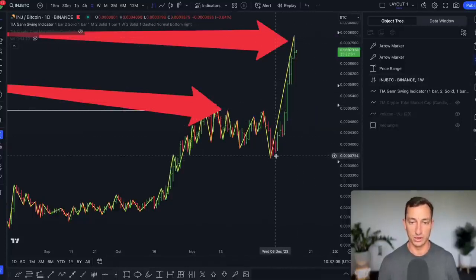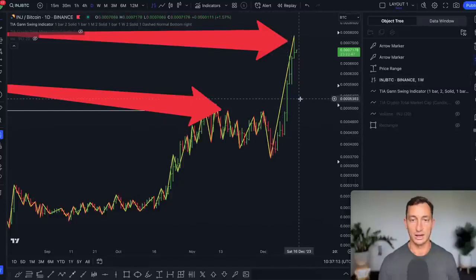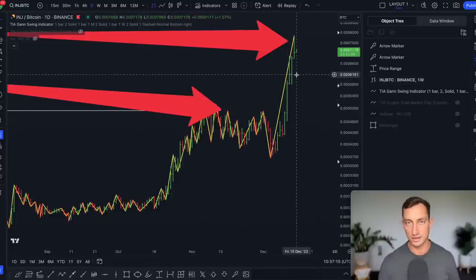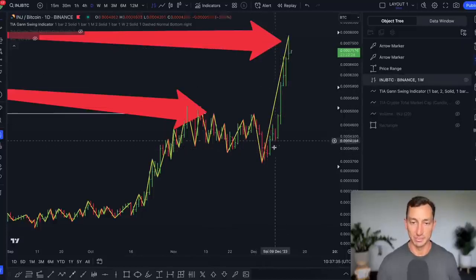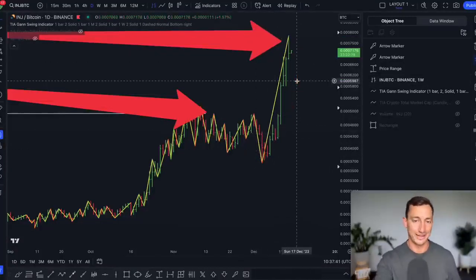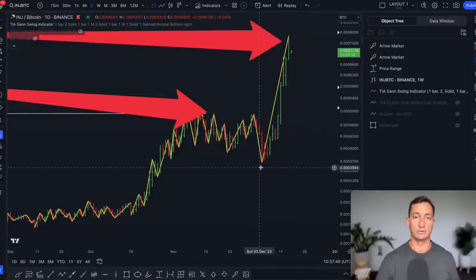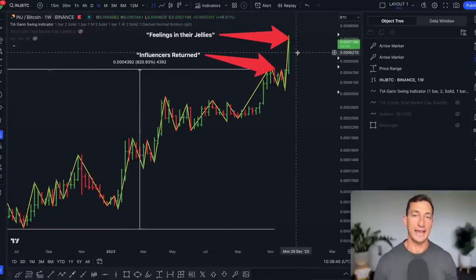This has been a move up of 1, 2, 3, 4, 5, 6, 7, 8, 9, 10 into our 11th day now. So we had no lower lows in the daily bars here. There are red bars, but we're looking for a lower price in this section, and there were no lower prices. We're up for about 10, 11 into our 11th day now. Eventually, these things do come racing back down. So the point I'm making here is that things can go up further even when we're at that top stage.